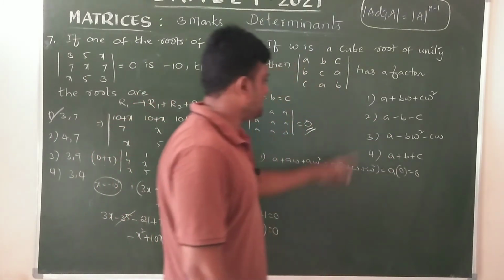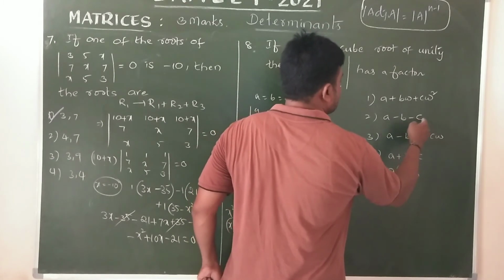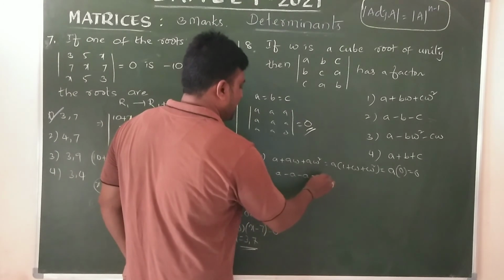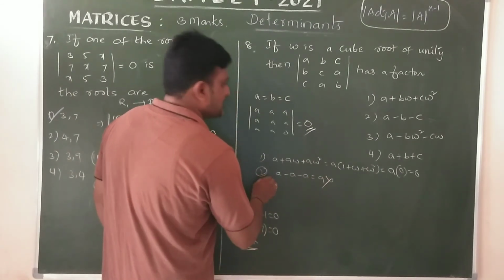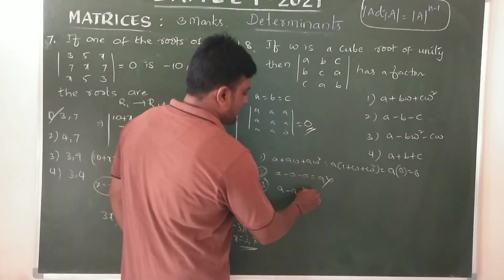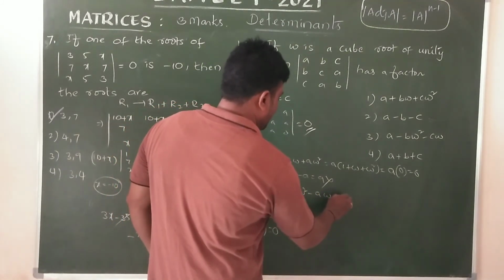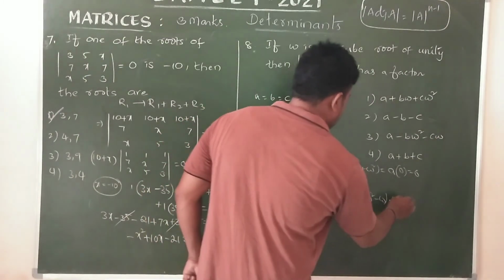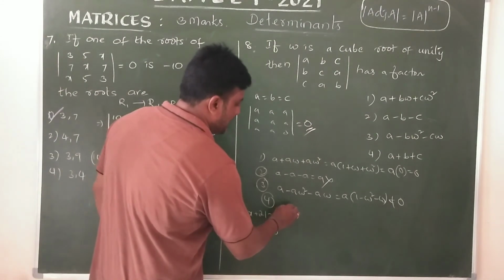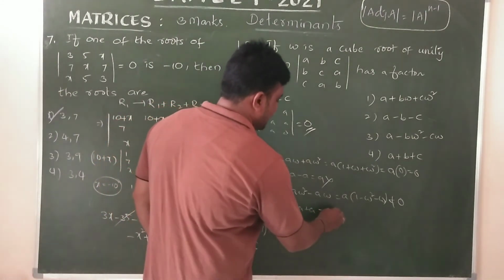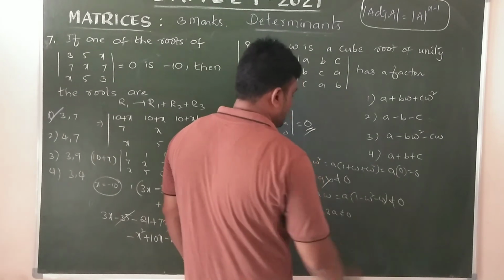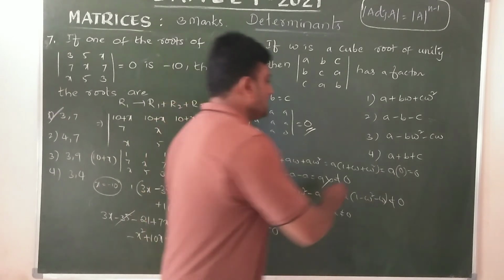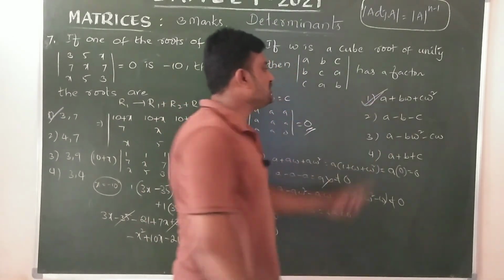Now checking the remaining. Here also a minus b minus c, suppose a, second option actually, a minus a minus a is minus a. Okay, not the second one. Checking the third one, a minus a omega square minus a omega. Okay, now a is common, 1 minus omega square minus omega, it does not equal 0. Okay, now the fourth one, a plus a plus a is 3a, not equal to 0. Okay, it should also be 0, they also 0. So our option is the first one, it should be 0.